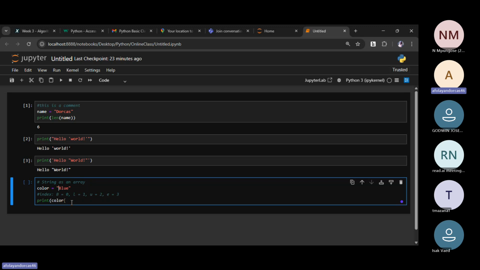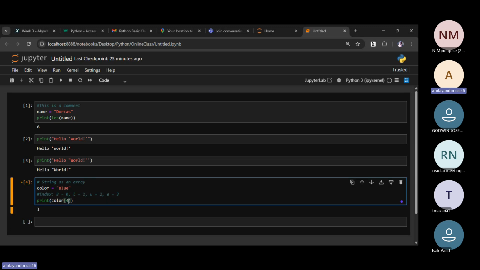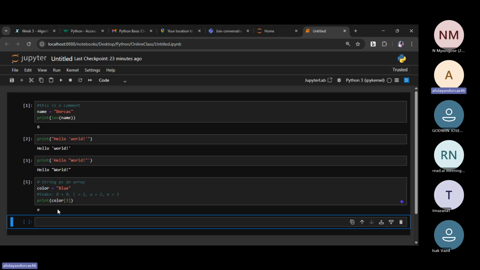So now if I want to get access to the index of 1, let me just print it. I have L here, which is index 1. Let me say I want to get the index of 3. Then let's see. You see it changes.